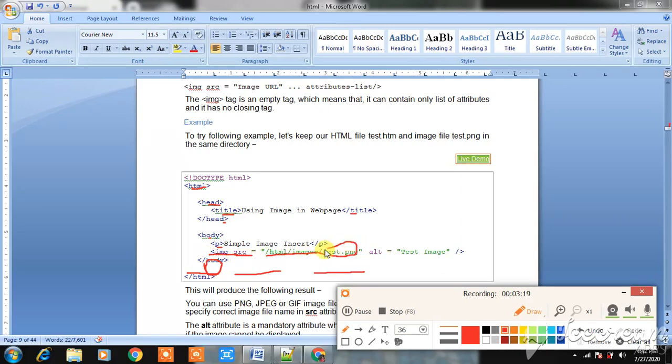That is the address of our image, which is not located in this system. That's why it's showing a little bit of structure, a small image. And alt is test image. Since this image is not available in this system or not located anywhere, that's why it's showing the test image. We use the alt attribute so that while our image is not showing, the test image text will show. Okay, understood?